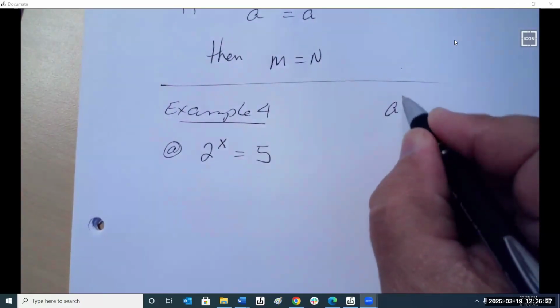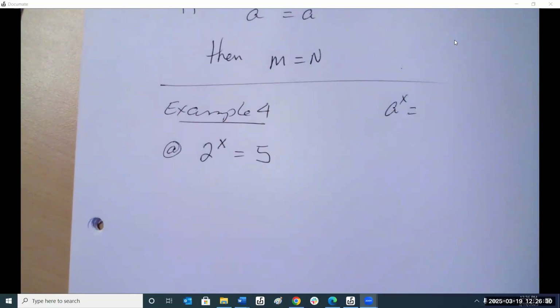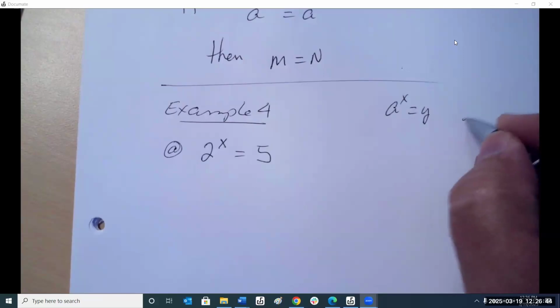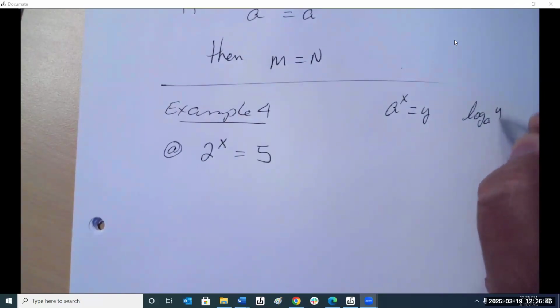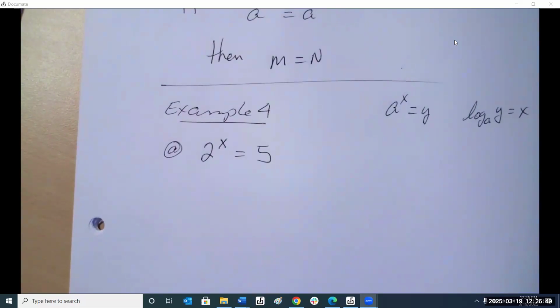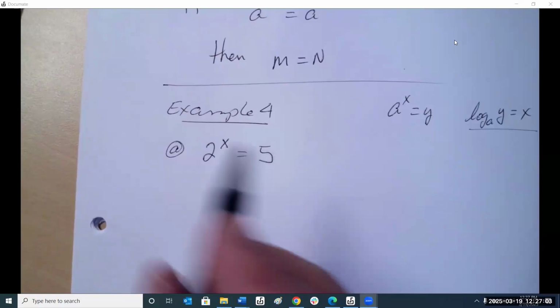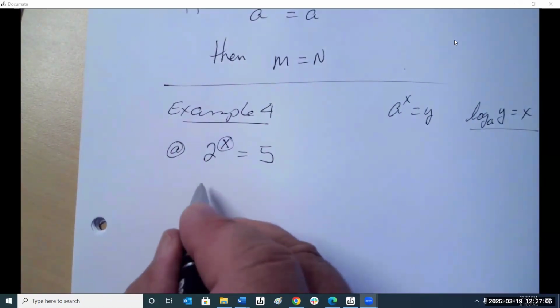We started off talking about exponential equations. What's the inverse of exponential equations? Logarithms. If a to the x equals y, then the log base a of y is equal to x. The conversion. They're inverses of each other. So we have to somehow put it into logs. The way you get rid of the exponent is typically